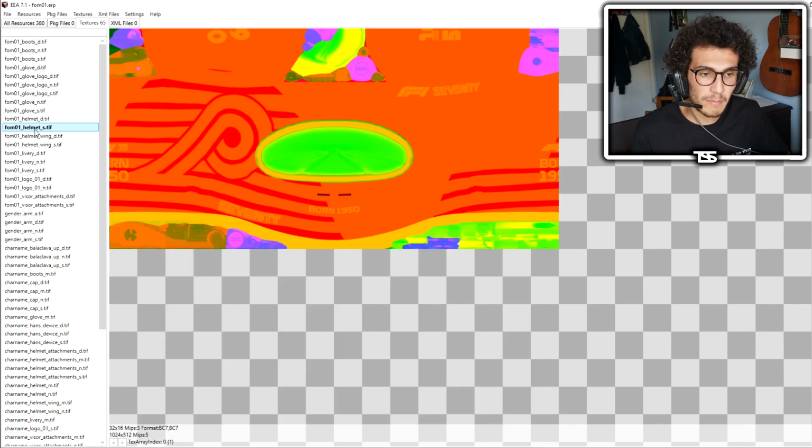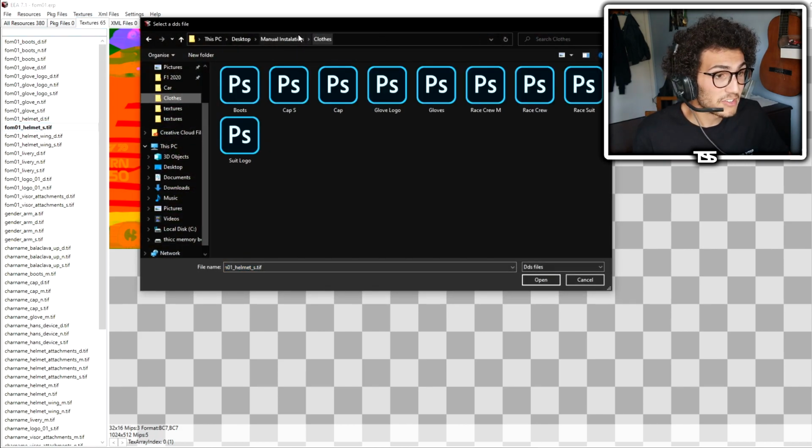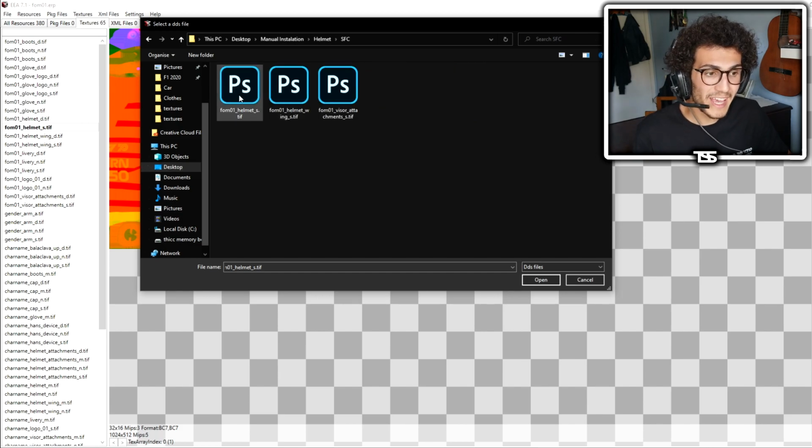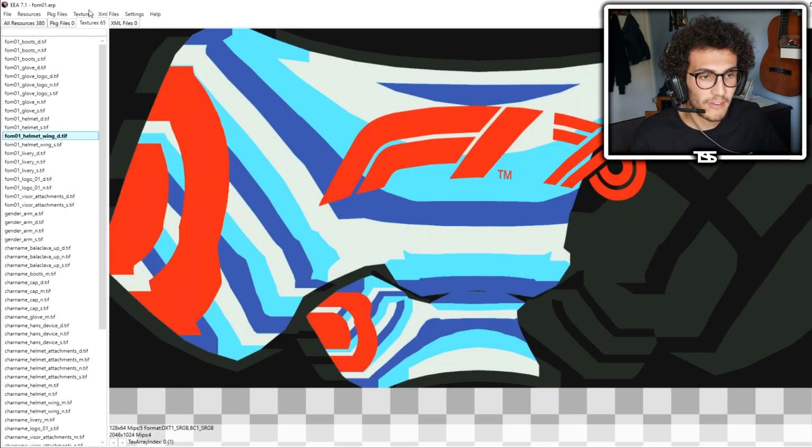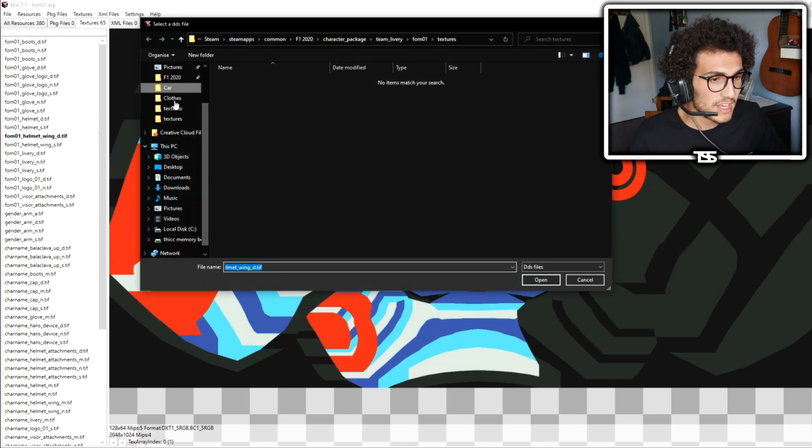We're now going with the below one, which is the helmet S, and this makes part of the SFC files. So manual installation, helmet, going to click on SFC, the first one, replace, and there it is. You have your SFC files. Going to do the same for the helmet wing,